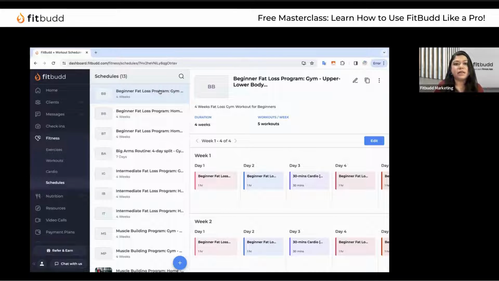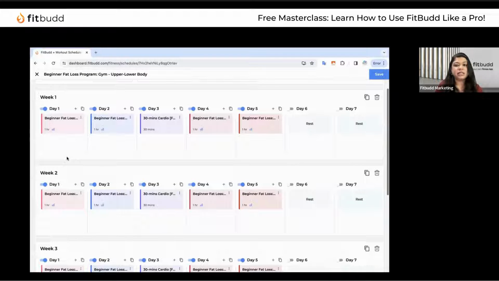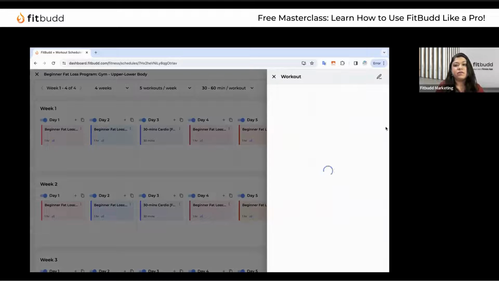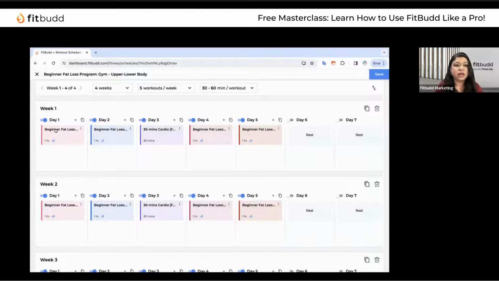Let's take a look at this first schedule that we see here. So I'll just click on this edit button, and you can see that it's divided according to the weeks, and then there are days in the columns. So you can add different workouts. So this is the workout that we saw before,